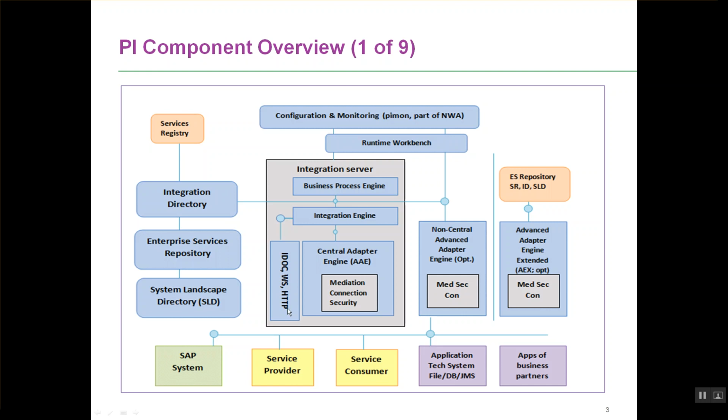landscape register themselves to the PI SLD. So PI understands what all systems are there in a particular customer's landscape, and is able to then connect to them, and understands what their products are, what software components they have, and so on. So at this point, what is essential for you to understand is that SLD is like a phone book that contains all the systems in a customer's landscape, which register themselves on the SLD, so that PI can use that information when PI is exchanging messages with these systems. So SLD is equal to your telephone directory is equal to all the systems in your landscape.